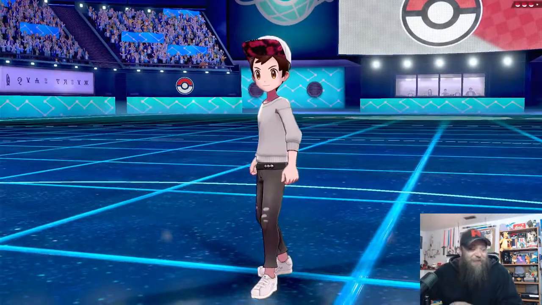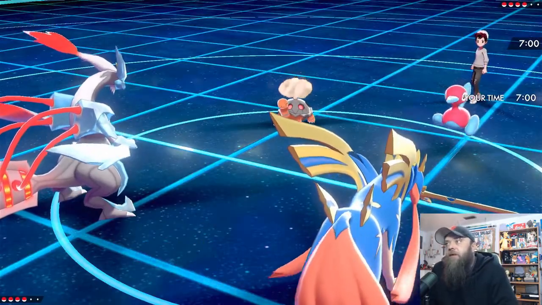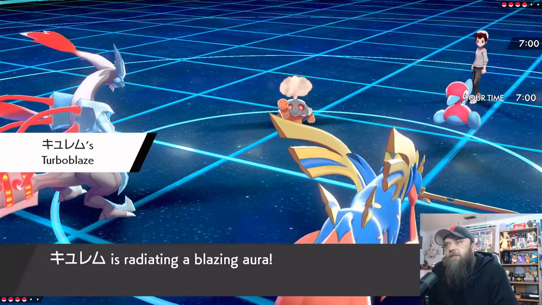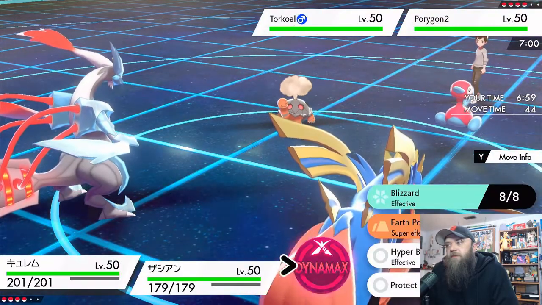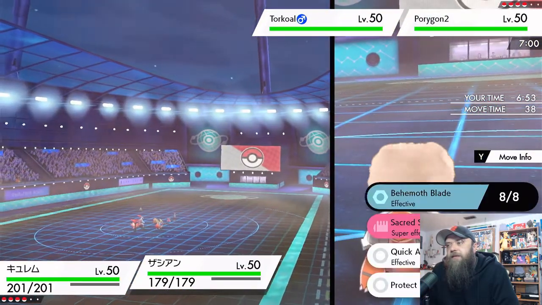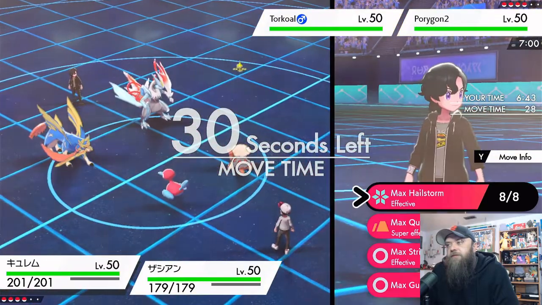The Calyrex Ice wrecks everything on this team. Everything. P2 and Torkoal. Okay, well, yeah, we went way wrong. Way wrong. But what we can do is we can do Max Quake and I don't think we want to Max Quake there. I think we actually want to